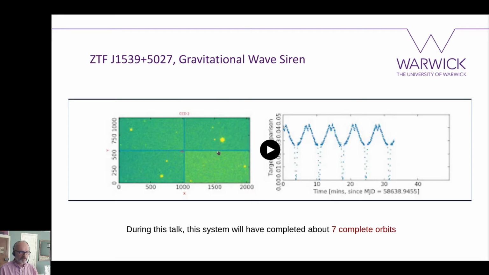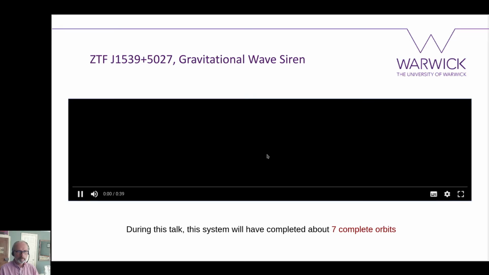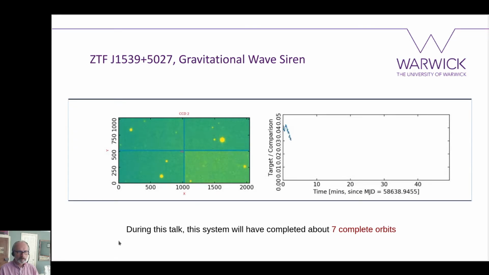I'll have one more look, just to look in a bit more detail. So if you look, you'll also see the whole thing seems to flicker if you look at the left-hand side, and that's due to random noise. It's a very faint object. This one is observed on a very large telescope. So have a look at some of the brighter objects. They are actually totally constant, but they don't look it necessarily. And it's only by extracting the data that you can actually get the data on the right-hand side, which shows